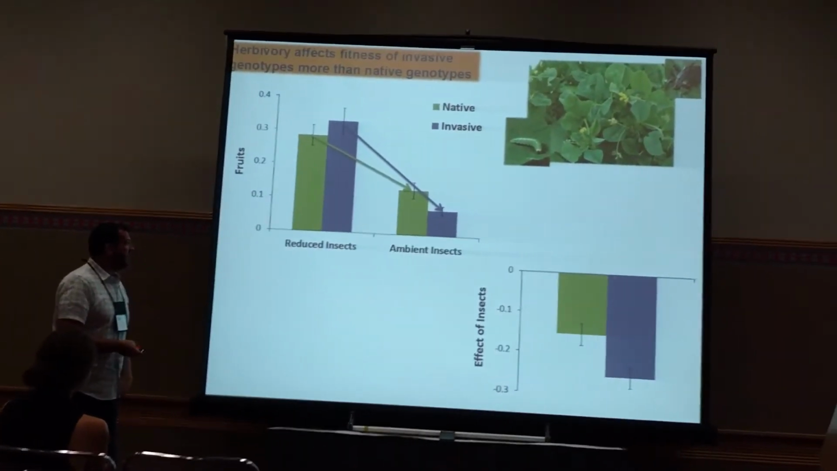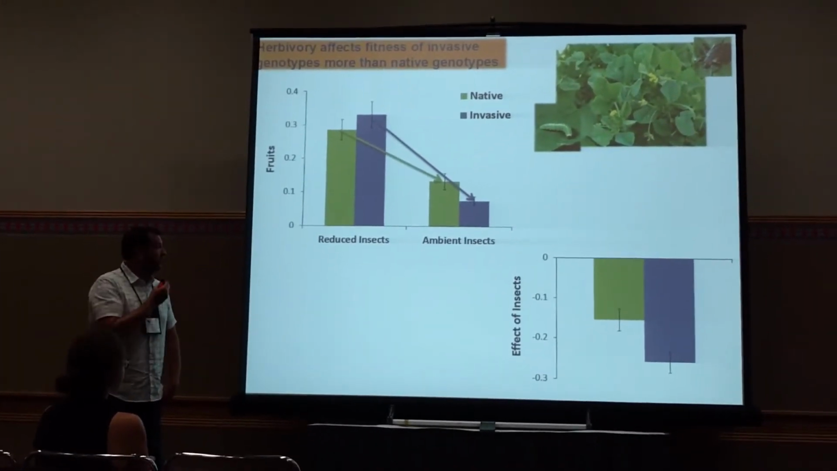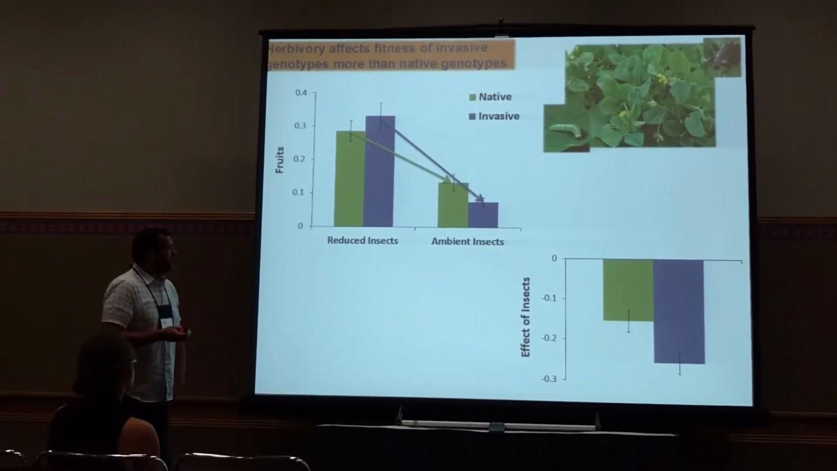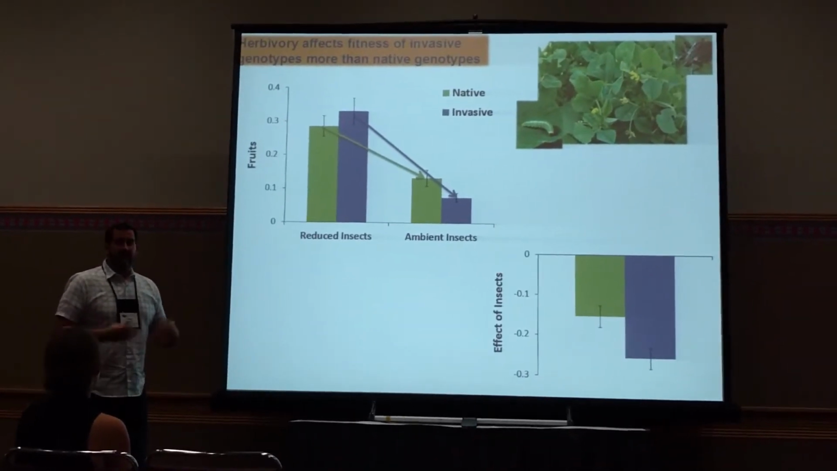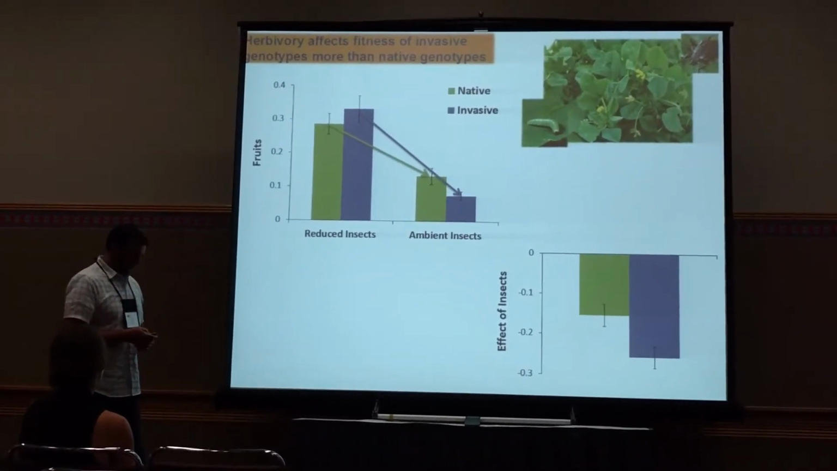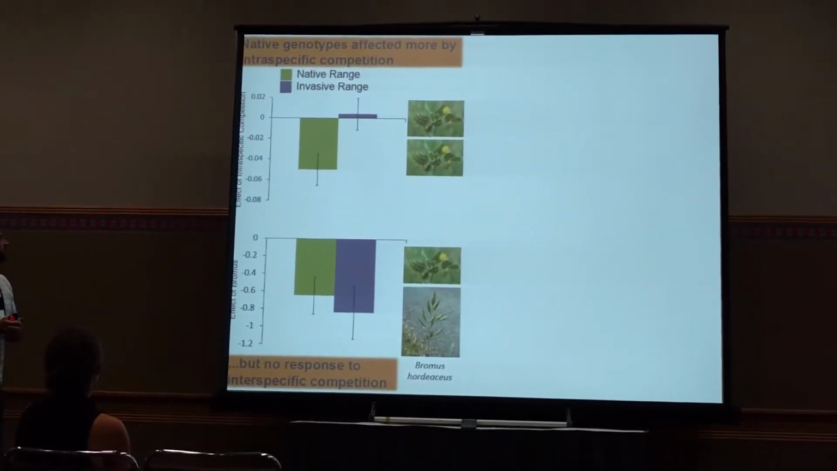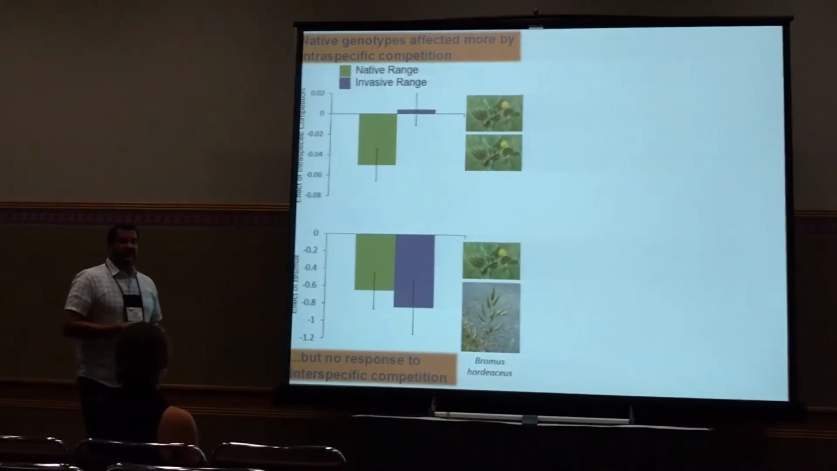Right? So we can see the effect of insects on invasive range genotypes is greater than the effect of insects on native range genotypes. And here, we're eliminating most insects from these plots. We're assuming most of these effects are from herbivory, and that's backed up by estimates of leaf damage. To look at some other interactions, we see that in regards to intraspecific competition, native range genotypes are affected